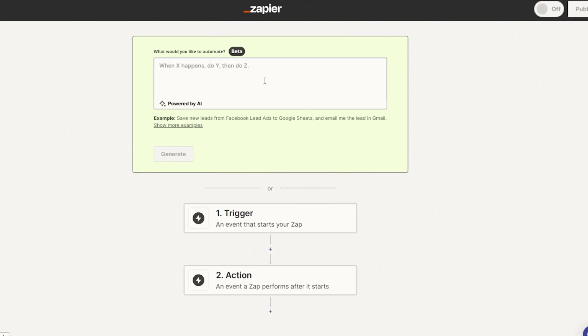It's going to give us two options. First of all, obviously, there's the AI beta option where you can use the actual AI analysis to create a good looking Zap for you. Or you can go ahead and create a Zap by yourself through custom means. So I'm going to go ahead and create a Zap by myself. I'm going to come down here